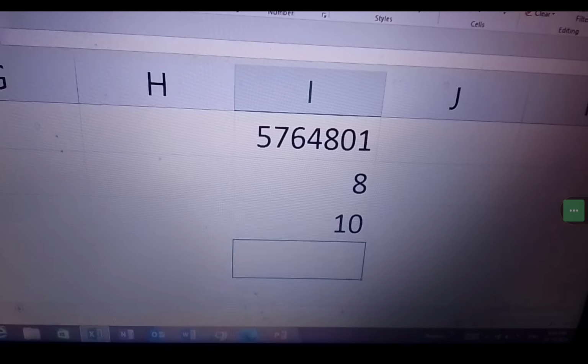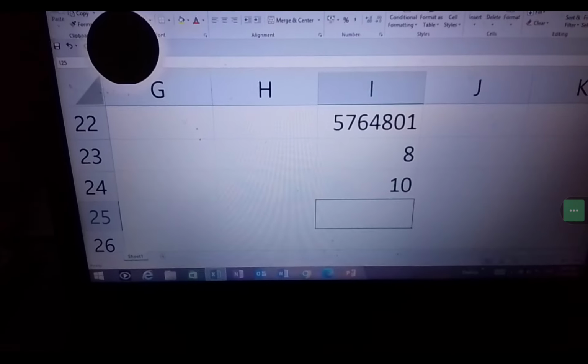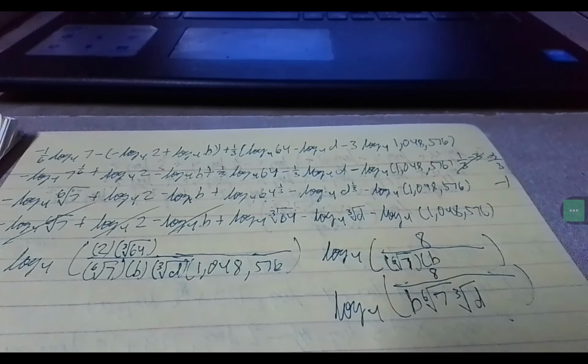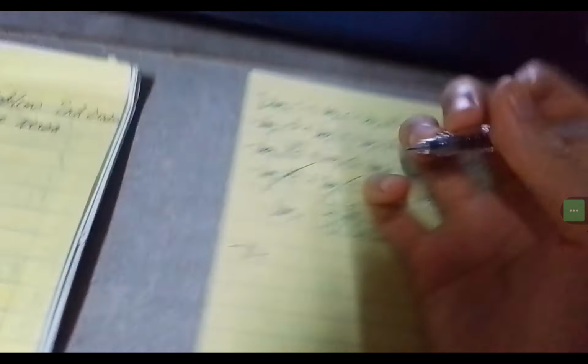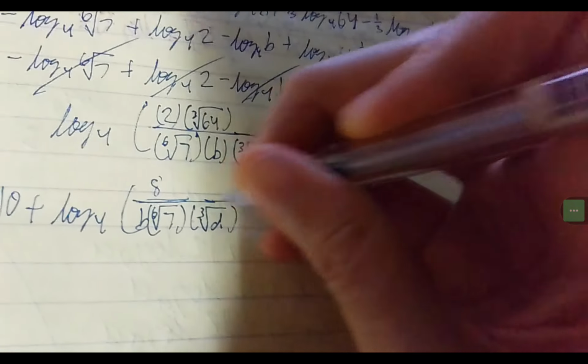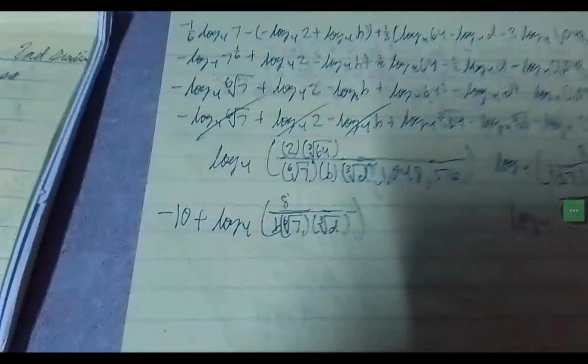Pero remember, you still have that 1,048,576. So I know that it's a big number. So can we simplify that? Let's try to use that in Excel. So ganito kasi yun. We type the number log, and then parenthesis, the number is 1,048,576, and the base is 4. What answer did we get? Whoa! 10! Grabe! Ang layo naman! So therefore, that's being raised to the 10th power. And we do it this way. So therefore, it's going to be negative 10. To write our final answer, that's going to be negative 10